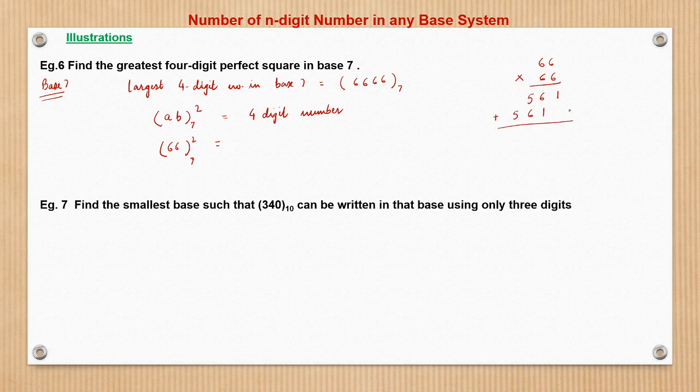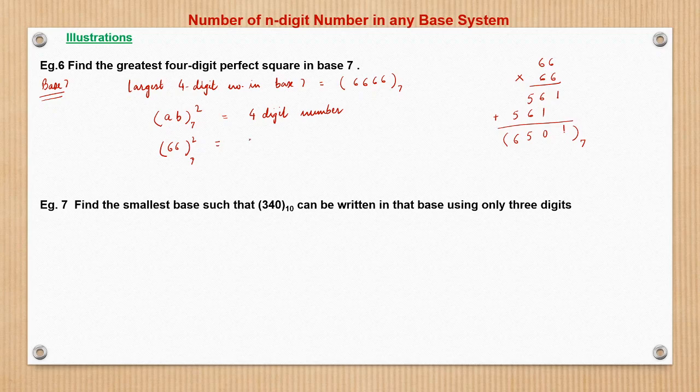If we add both, it becomes 1. 6 plus 1 is 7. 7 in base 7 would be 0 and 1. 1 will be carried over. It becomes 6 plus 5, 11. 11 plus 1 carry over, 12. 12 in base 7 is 1 5, of which 5 we will retain. 1 will be carried over to 5. 5 plus 1 becomes 6. So 6501 is in base 7.